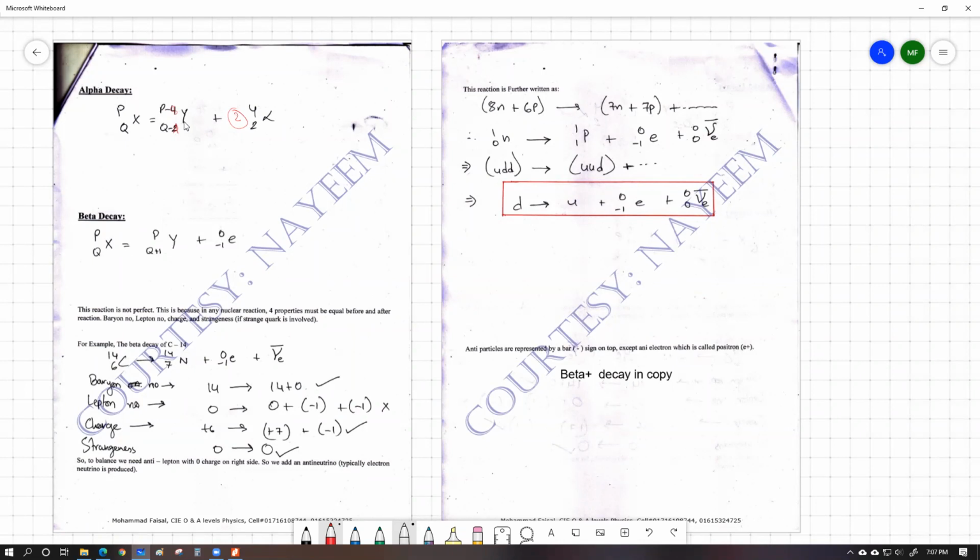Similarly, the beta decay, which we have learned earlier in our O levels, this was actually defined as beta decay, or এখানে ব্র্যাকেট একটা জিনিস লিখো, beta minus decay. The beta decay that we have learned in our O levels is actually beta minus decay, because there can be two types of beta decays, beta plus decay and beta minus decay. And we're going to talk about beta plus decay after a while, which you have to write down in this space. So beta minus decay, যেটা হয়,